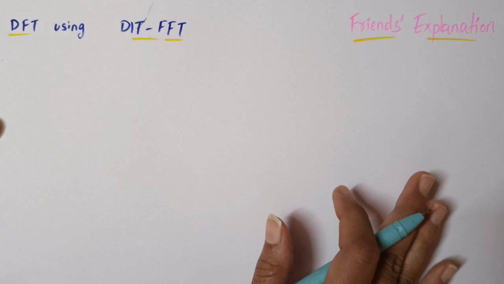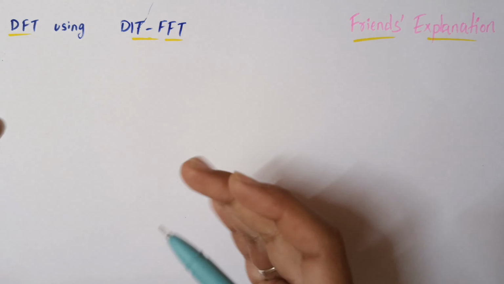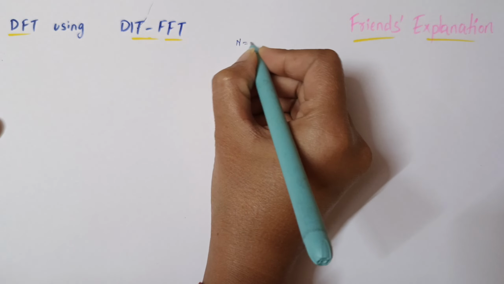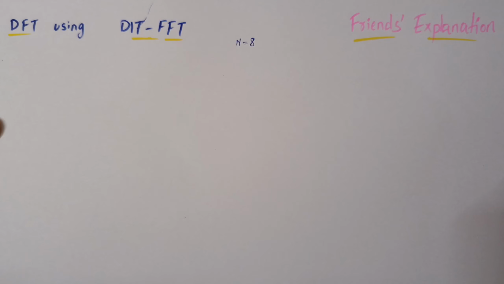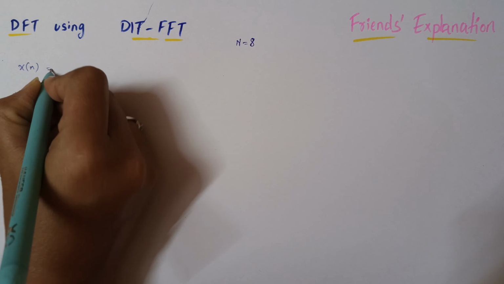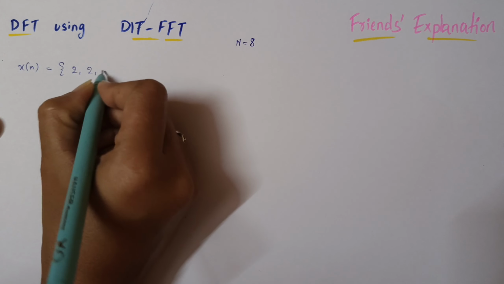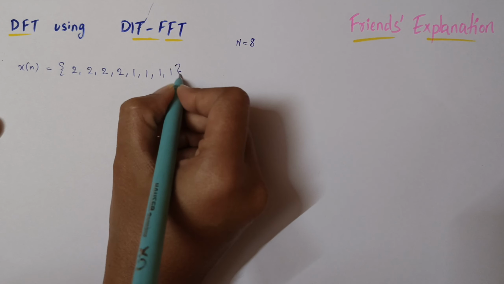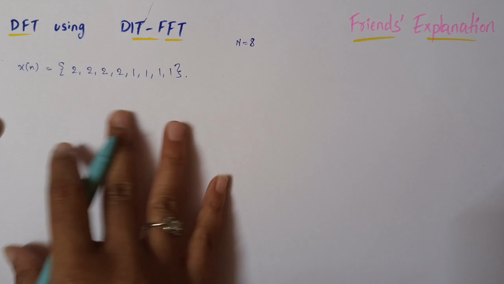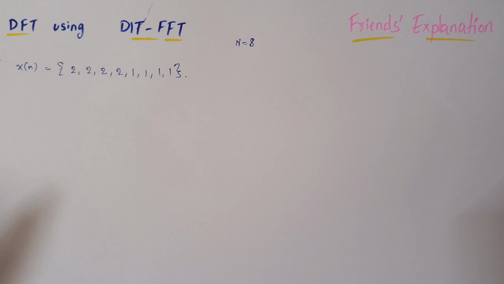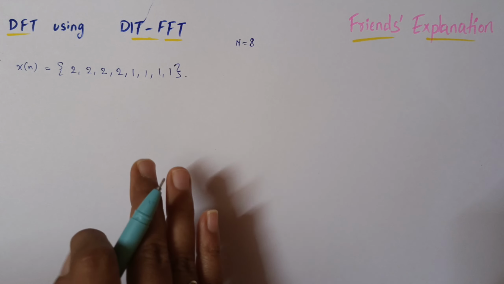First of all, we have to take a sequence, and this sequence length will be 8 because we are going to do 8-point DFT using DIT-FFT. So the example is x of n equal to 2, 2, 2, 2, and then we have 4 ones. Just a simple sequence. Now we are going to use a discrete Fourier transform to convert it into frequency domain